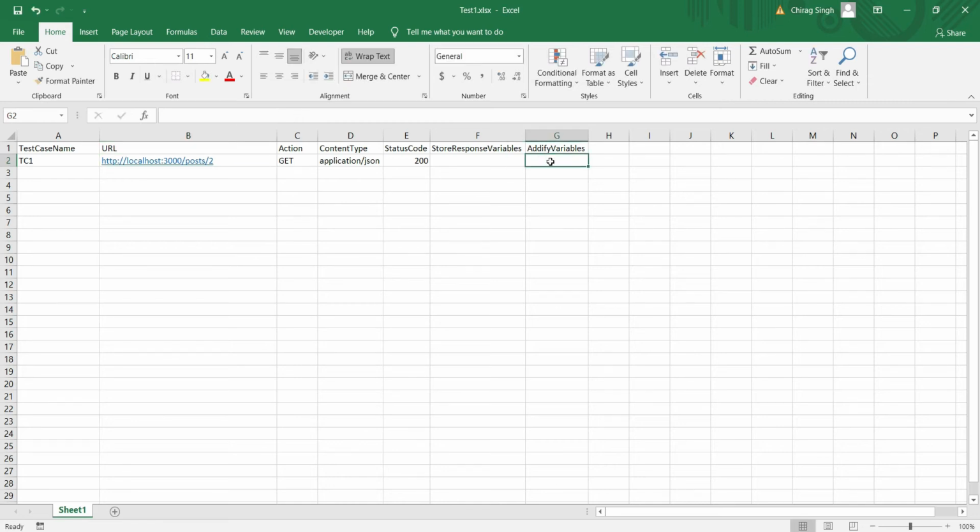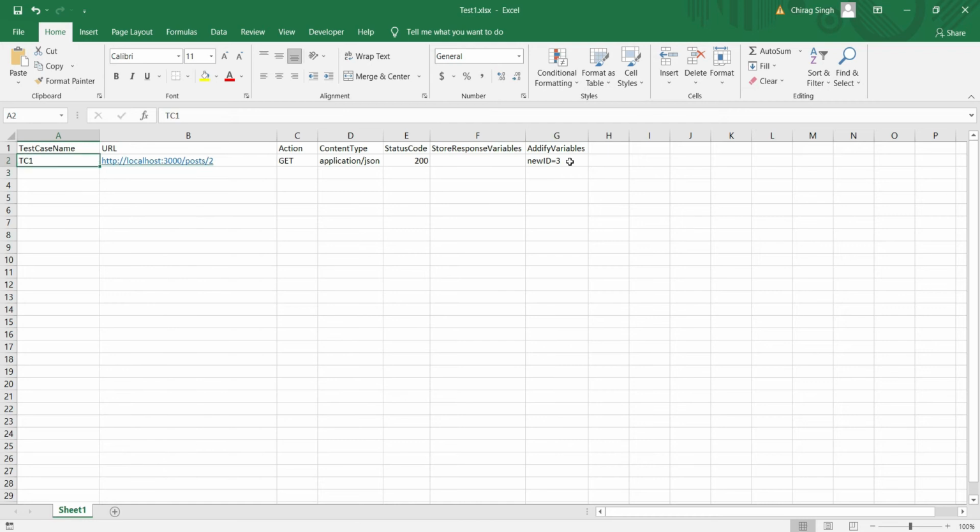Let me name it newID, that is my variable name, and now here I will pass a 3. So what it does is create a new ID variable and store the value 3 in it. Let me save this.